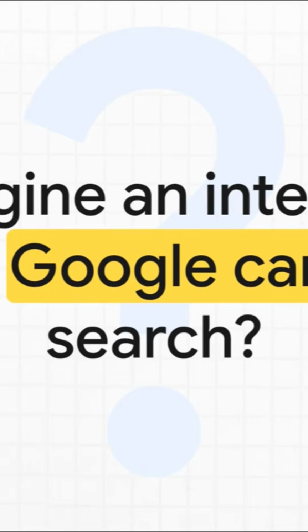So picture this for a second. An internet that Google literally cannot search. Just a totally secret corner of the web where identities are completely hidden, transactions are 100% anonymous, and entire massive marketplaces operate completely beyond the view of everyday users. I know, it sounds like something straight out of a sci-fi thriller, right? But it's very, very real.